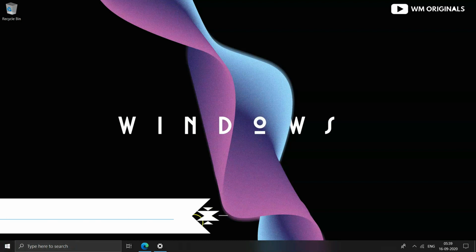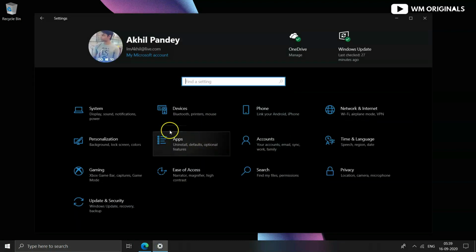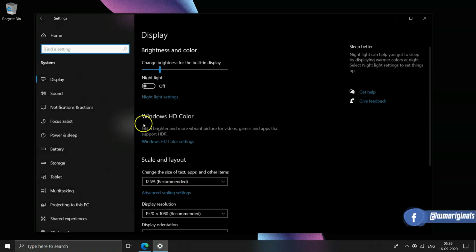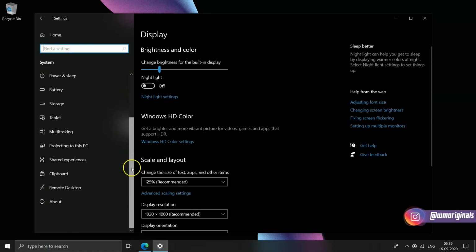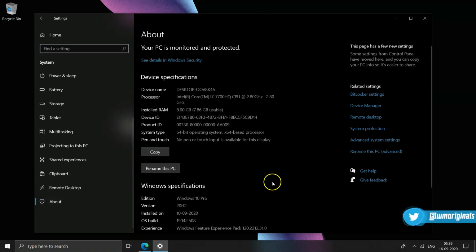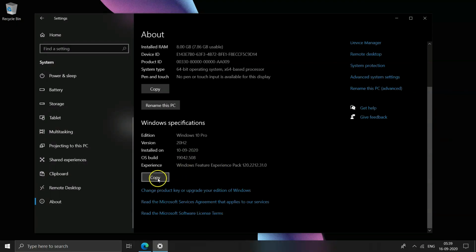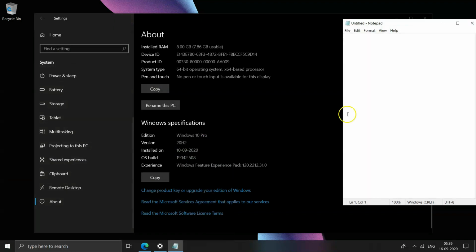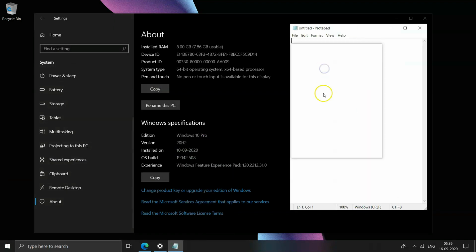Microsoft is working on bringing more of the control panel to settings, and in those efforts they have made some changes to the about section. Let's move on to there, and here you can see that your device information such as device specification and Windows specification are copyable. So if you want to copy and share your device information, you can just click on this copy button and share it anywhere you want, just like this what I am doing.